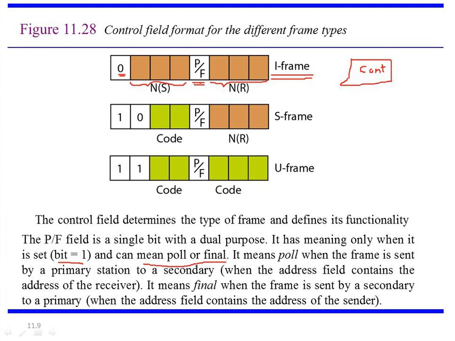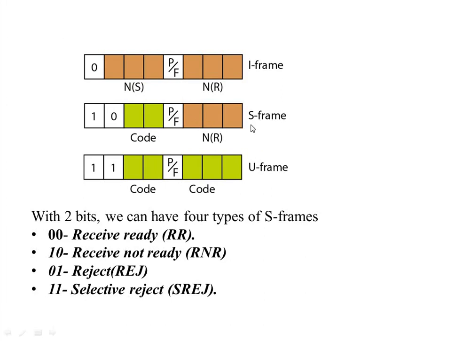Now we'll move to the second frame, that is S frame, which is a control frame used for controlling information. For S frame, the first two bits are 1 0. Now you can see the differences between these three frames' control bits. The control bit for I frame consists of 0. For S frame it consists of 1 0. Then the two code bits are there. After that PF, which remains for all three frames as it is. Now this is the response for acknowledgement, so you will get the acknowledgement number.